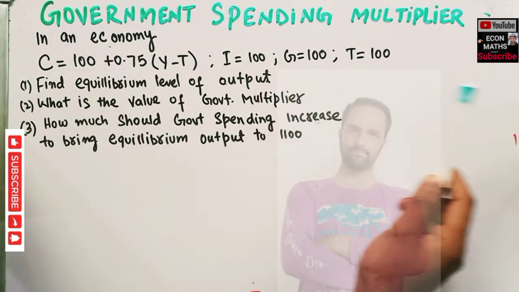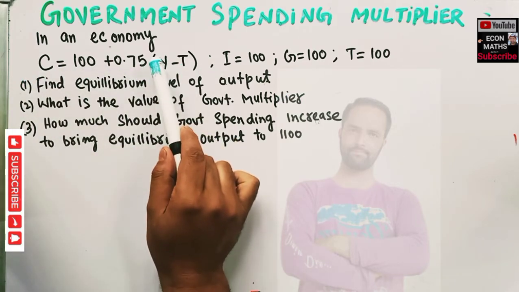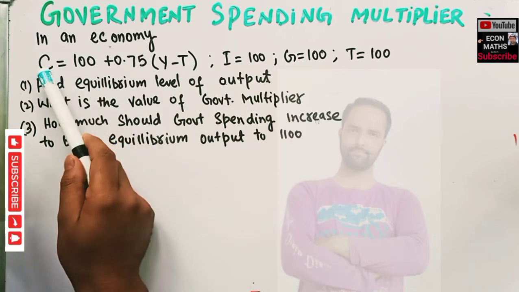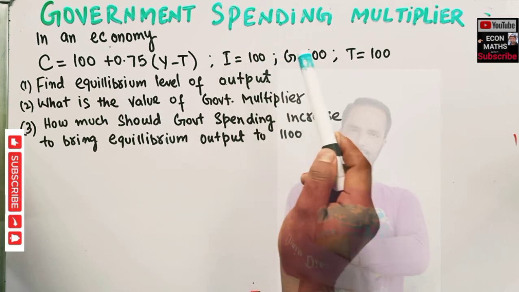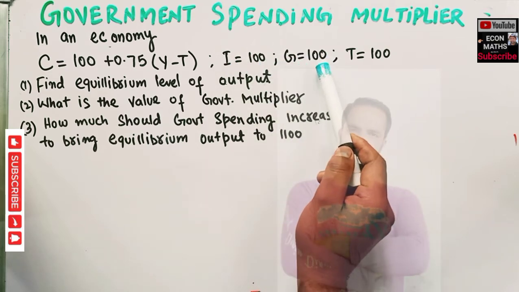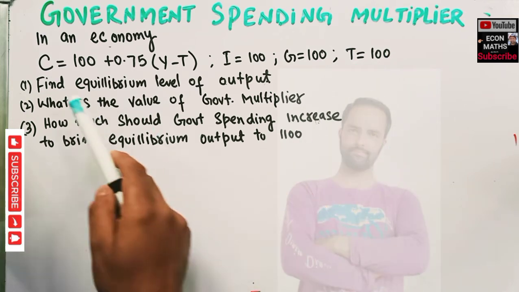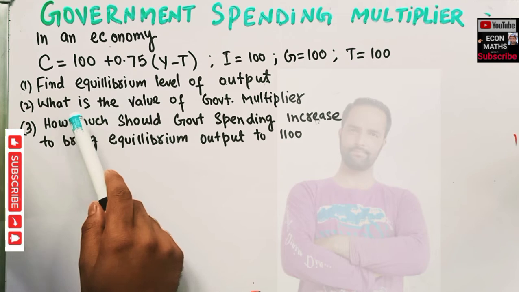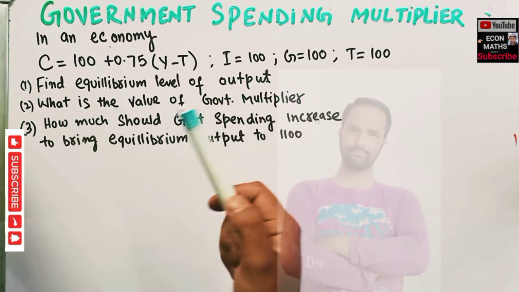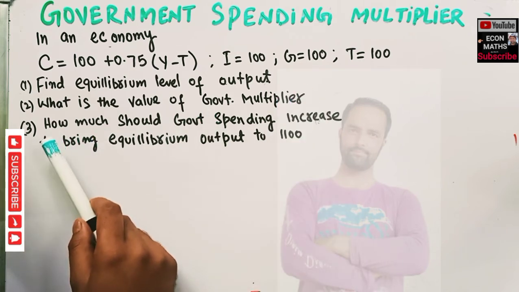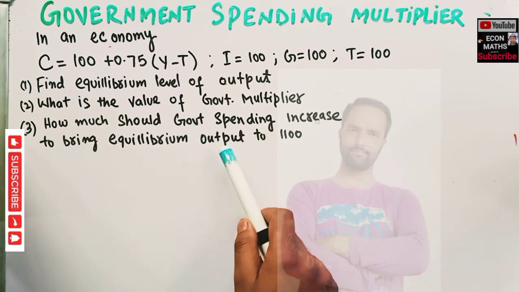In an economy, we are being given the consumption function C is equal to 100 plus 0.75 (y minus t). C is the consumption, y is the income, and t is the tax. Our investment is autonomous, which is 100. Government expenditure is 100 and tax is also 100, which is lump sum. Here we have to find out the equilibrium level of output, the value of government expenditure multiplier, and also how much should government spending increase to bring the equilibrium level of output to